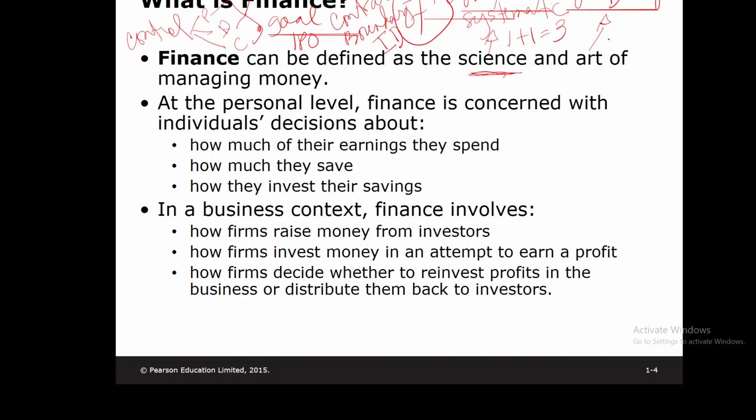And what else? Why art? Because you need to have the skills. And skill is knowing how to apply the knowledge that you have learned in our discussion,